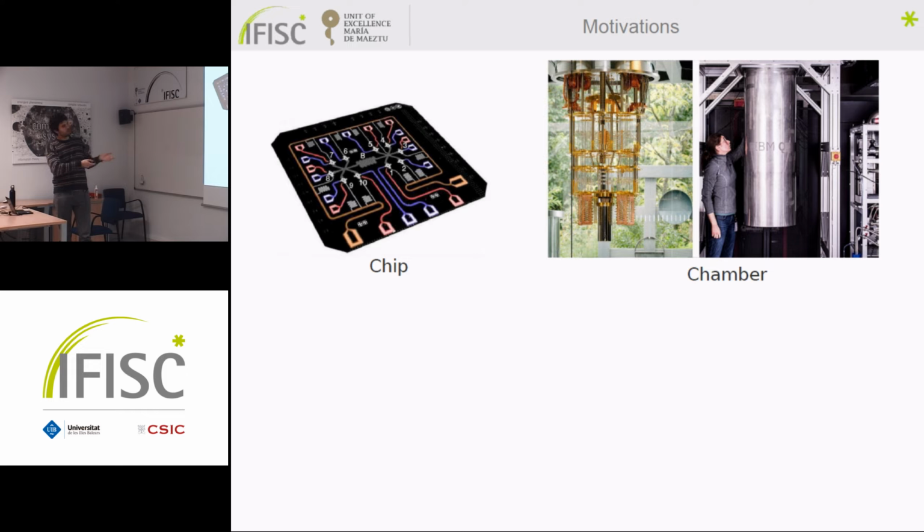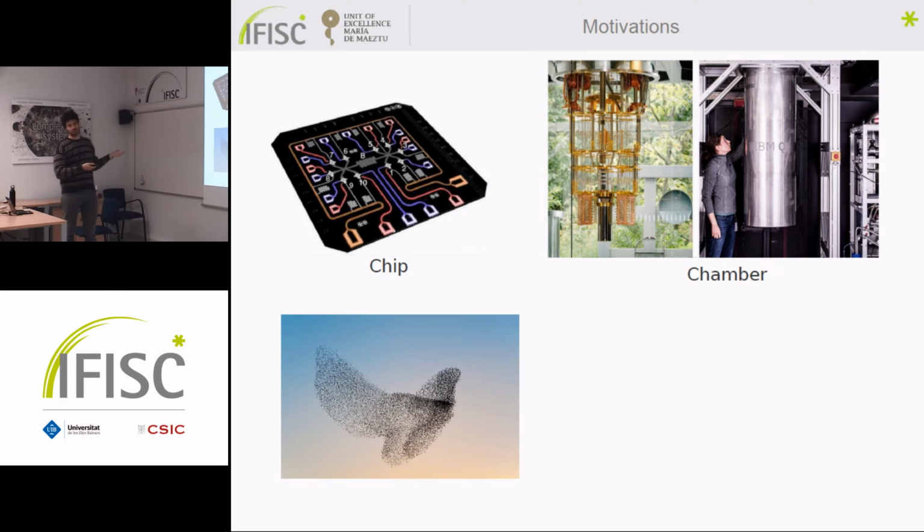Then you need some big stuff to cool it down, to keep it properly. So it's bigger than 1 millimeter, you see. But what is a superconducting qubit, and how can it be such a simple two-level system, given that it's so big? Well, it's the same thing as flocking. Here at IFISC, we know flocking. What is flocking? It's the fact that a lot of birds, if they decide to move all together, to do the same movements at the same time in the same way, finally behave as a single bird.